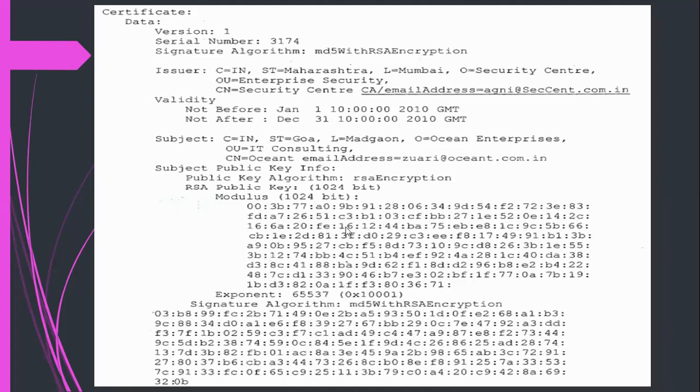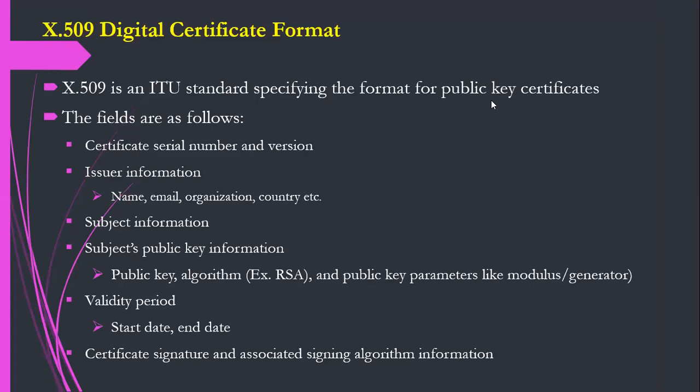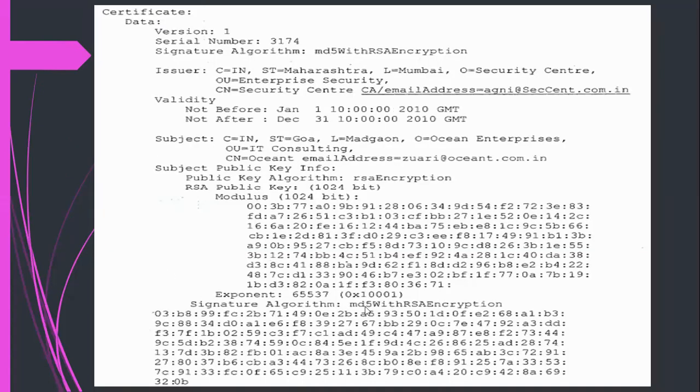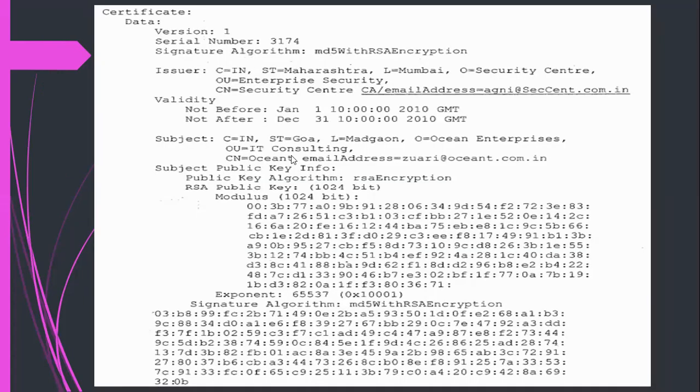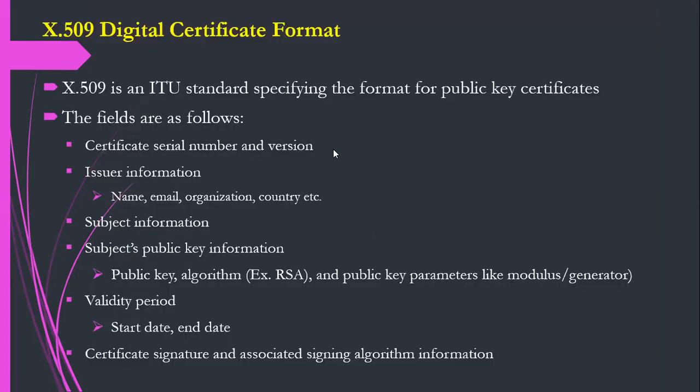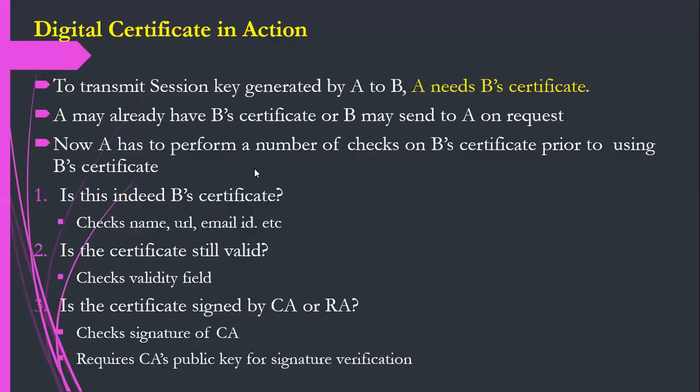So this will be the format of the X.509 digital signature certificate. Just for the sake of understanding how the format is, but you have to remember this. You have to write this. The example, you may write or not. You can associate it with the diagram if you can remember all the things. But this format should be written. Very important. If you remember the example, that's well and good, but this certificate format is more important.